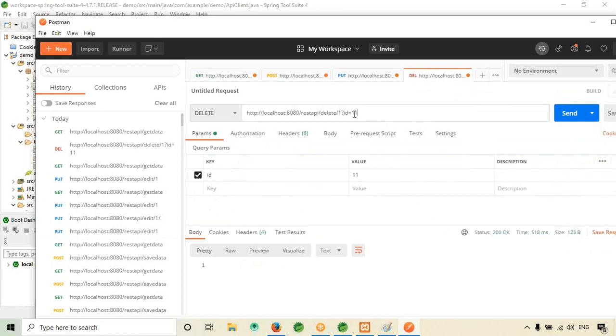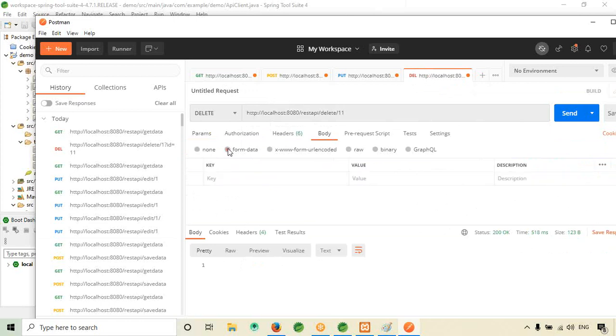Oh yeah, right. Sorry, I have to give 11 here, right? So here, we need to click on body, click on form data, ID, and value is 11, click send. Okay, 200.